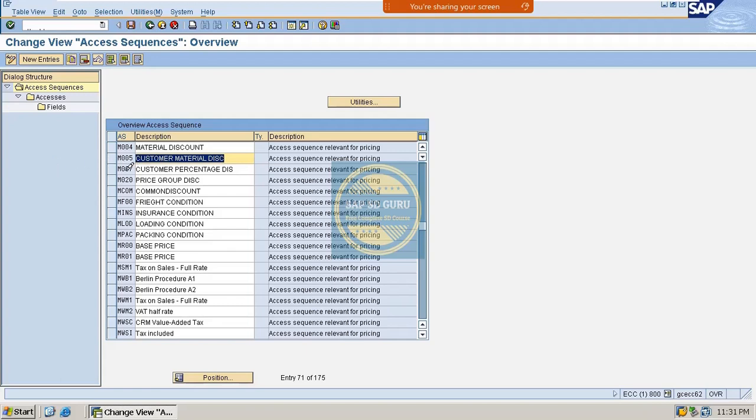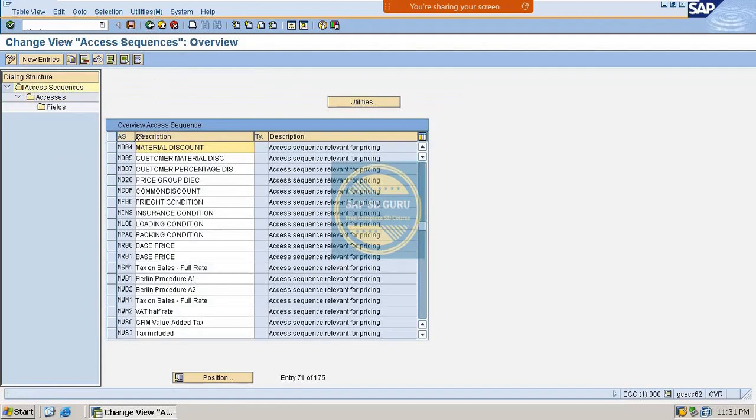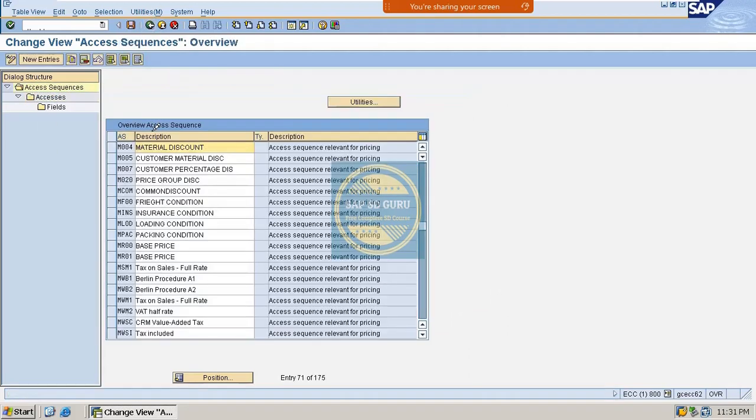This one we have created for customer percentage discount, and this is the price group discount, right? Now if we check the tables here, 518 is the table, then here 520 is the table,